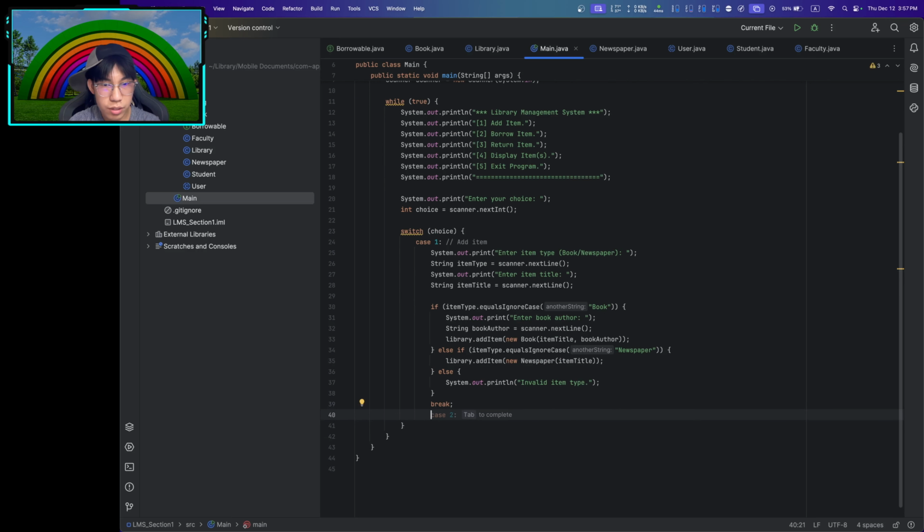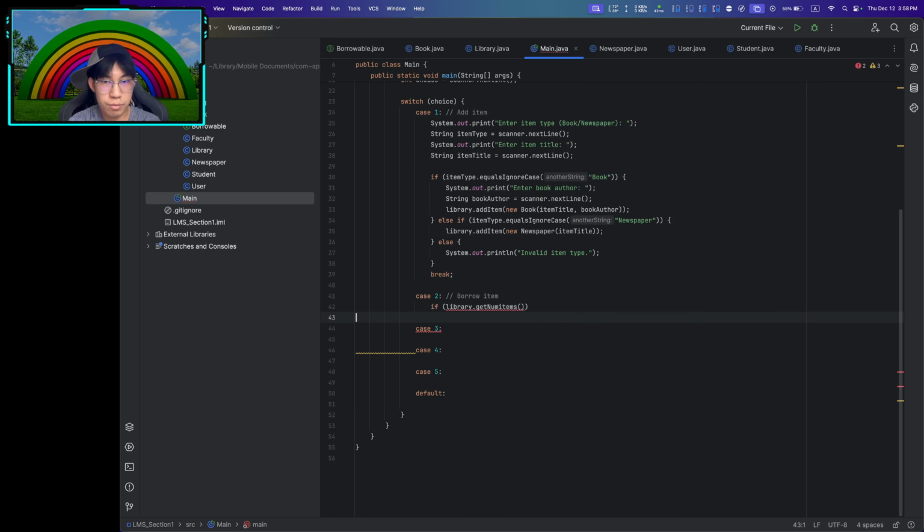And then let's move on to case 2, borrow item. Let's just check first if the library is empty. If it's less than 1, okay? If the library is empty, then we're just going to print out library is empty, cannot borrow, and then we're just going to break. Else,